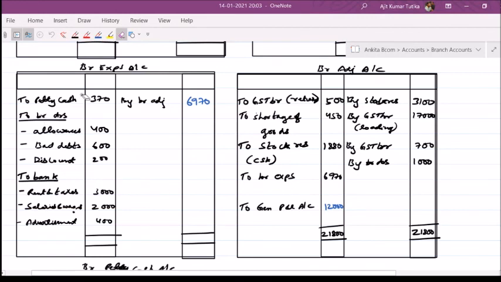Whenever you don't have to do this, you simply take this. If you notice this account, branch expenses account, what is the big thing did it do? It put all the expenses on one side, and the balancing figure, it transferred it to here, which is equivalent to writing all the debit items here. I hope you understand. That's it.